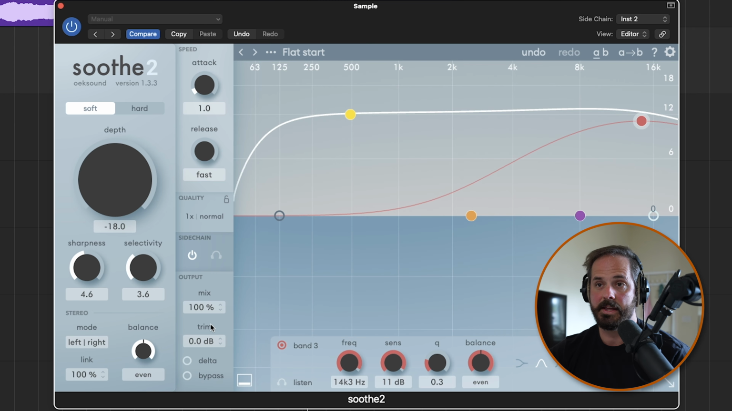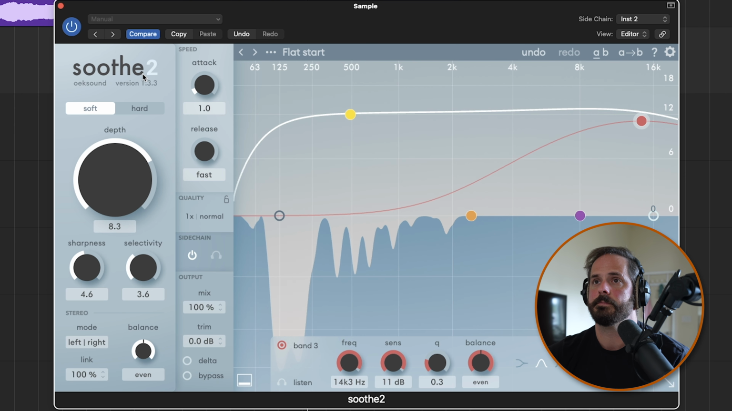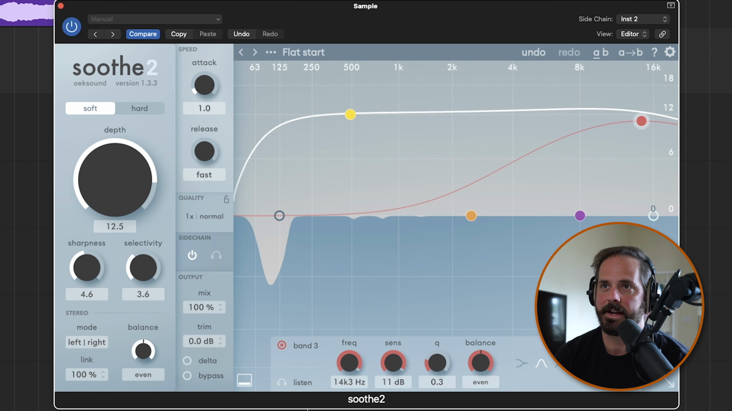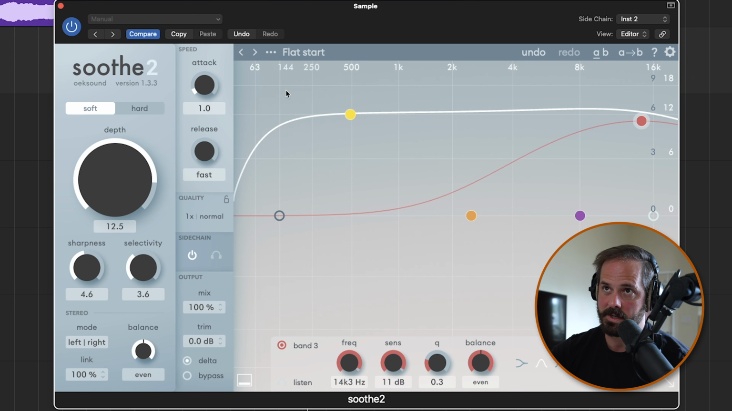Now, if we play these two together and turn up the depth, you can see Soothe is doing its normal thing of reducing resonant frequencies based on that sidechain input because we've got it turned on. We're going to turn this into delta mode. Rather than hearing the reductions that Soothe would normally make based on the resonant frequencies of our sidechain input, we're going to only hear those resonant frequencies once we enter delta mode. So now that this is on,